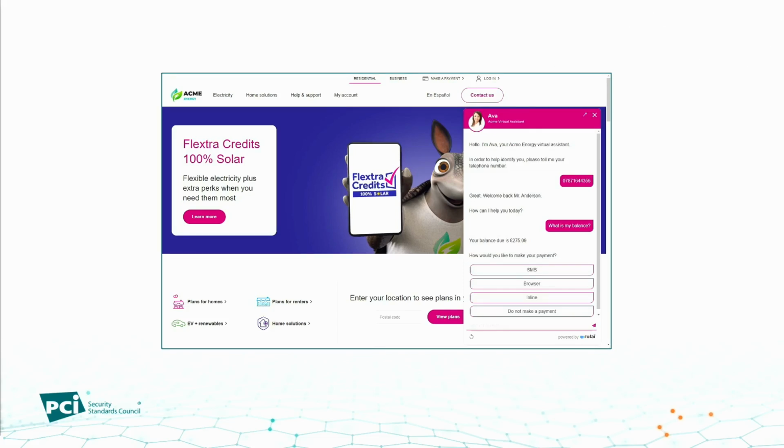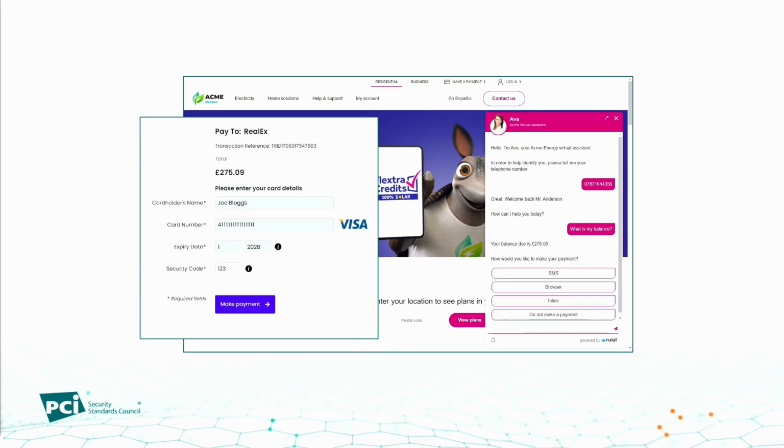What that will do is, in the background, use our API to request a payment link. We'll immediately send it back, configured to allow a payment of that 200 and something quid. The chatbot will also launch it, and it looks something like that. That page is going to allow the customer to enter their card details and make a payment. If that was opened on a mobile device, we could have offered some alternative payment methods like digital wallets as well. This is going to, in the traditional way, allow them to enter credit card details.